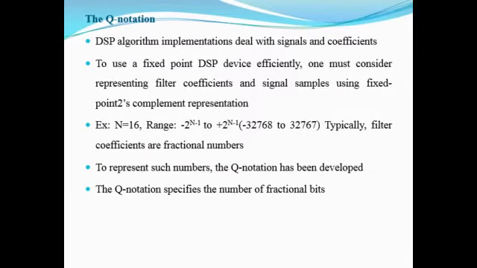The first thing we discuss is the Q notation. Whenever I want to develop any DSP algorithm, normally in implementing it we require a signal and its coefficients. We know that the signals are represented in the form of some numbers, and coefficients are also represented by some smaller values. Whenever we implement it, we are going to use the signal values and the coefficient values, and these are stored in a particular memory or a particular block. So here we are going to discuss it with some notation.